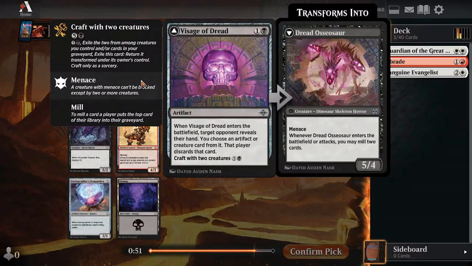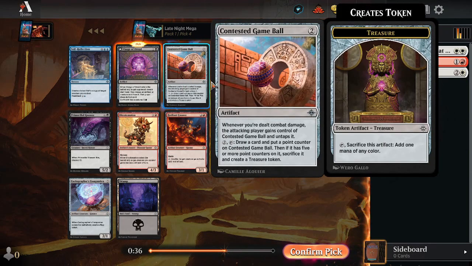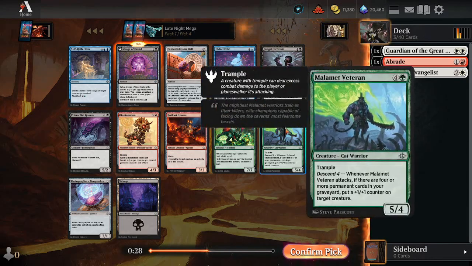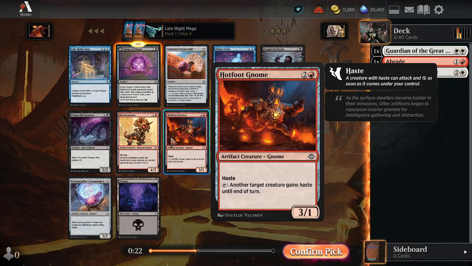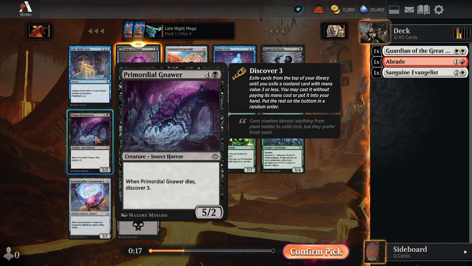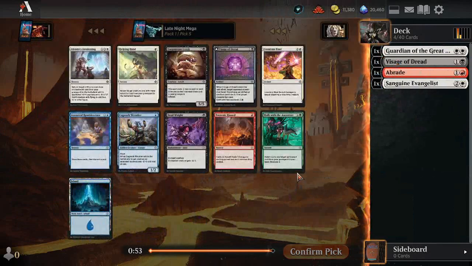So yeah. Target opponent reveals their hand, choose an artifact. Craft with 2 creatures. Enters the battlefield or attacks, you may mill 2 cards. I like that card. Contested Game Ball. I don't like that card. I think that's one of the worst cards in the set. What's Fungal Fortitude? Flash, when it dies, you return it. Okay. That wouldn't be bad either. Hotfoot Gnome. Dinotomaton. When this dies, discover 3. These are all okay cards. I'm going to take the Visage of the